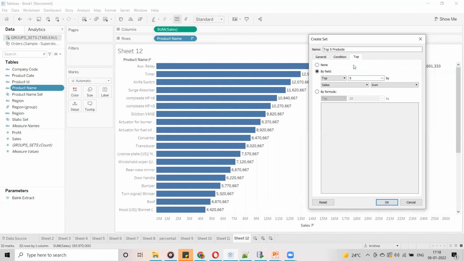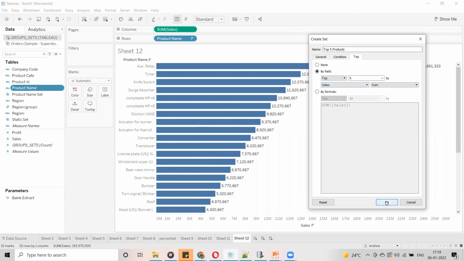Right. So by default, directly you can select the options. Here you also have By Formula. Now you can see top 10 by sum of sales. Okay. Normally we are not going to use this formula; we are going to use By Field. This is also going to work the same as this case. See, now top 5, top 10 by sum of sales. Here Sales and Sum aggregation type. Here we are mentioning the aggregation type. Okay. So I am going to use this option.